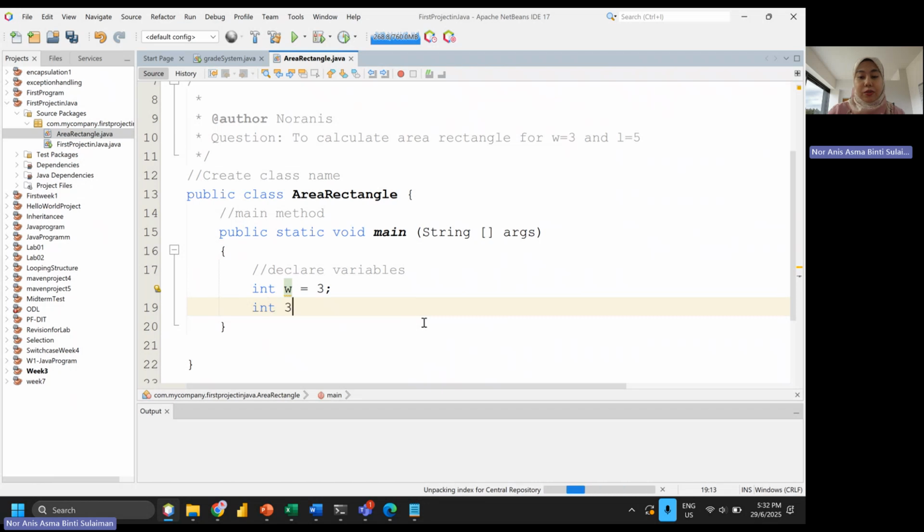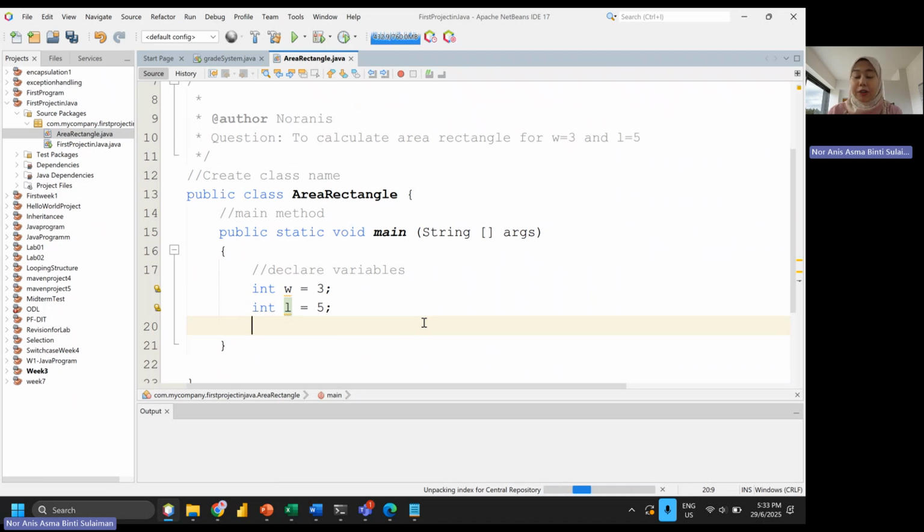Repeat for the second input. It's the same thing since it's a whole number, so we keep it int. The variable name is L equals 5. Then after the inputs, next we need to declare the output. The output can be anything that represents the area of a rectangle.